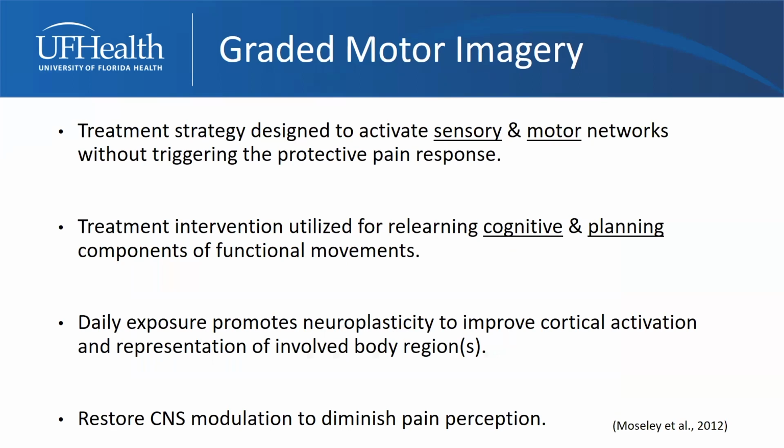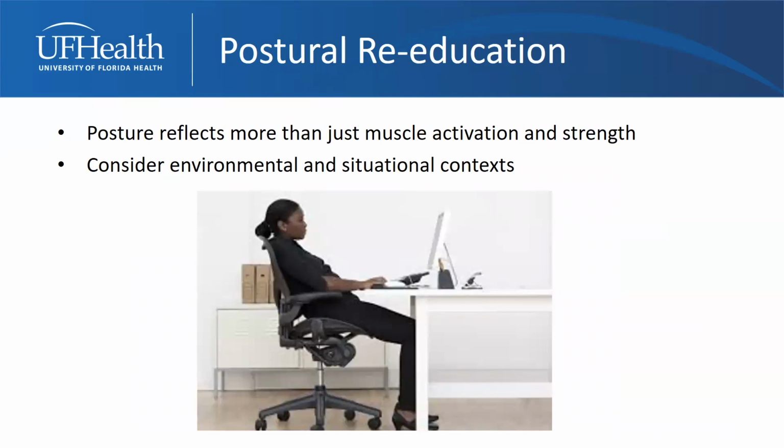So really, graded motor imagery is designed to activate both the sensory and the motor networks without triggering that protective pain response. It's utilized for relearning cognitive and planning components of functional movements. You really want to do this daily to promote neuroplasticity and restore central nervous system modulation to diminish that pain perception. So postural re-education, this is really going to innately be part of the treatment approach with these